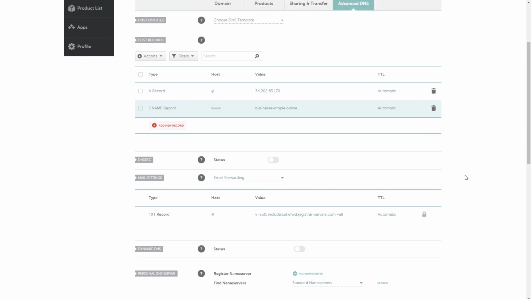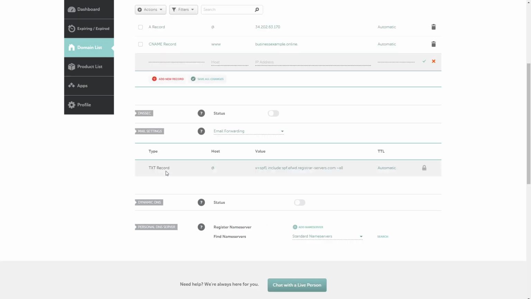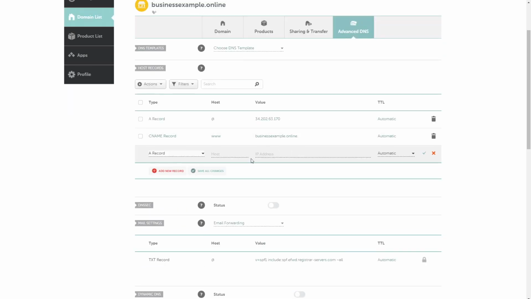That's all the connection that you need to do to connect your domain to your website. If you are having a subdomain instead of a root domain like this, let me show you an example. Let's say that you wanted to connect site dot the domain. You can just add here, instead of @, the subdomain, whatever that is. Let's just call it subdomain